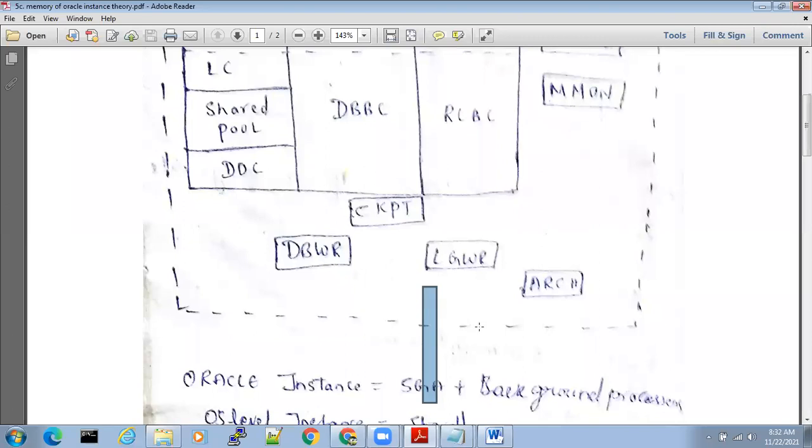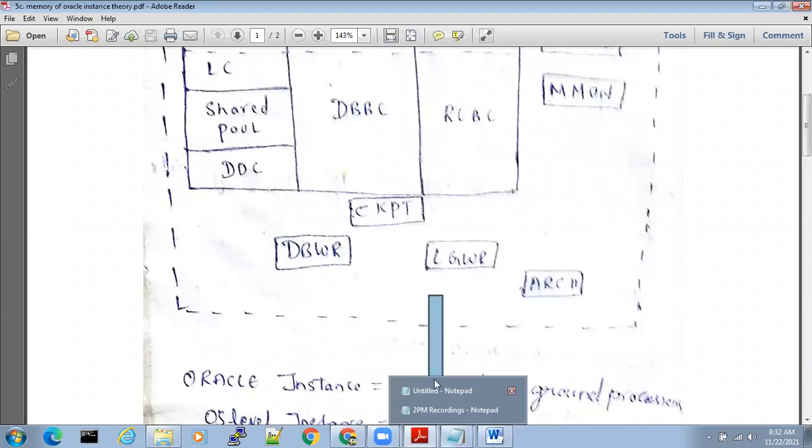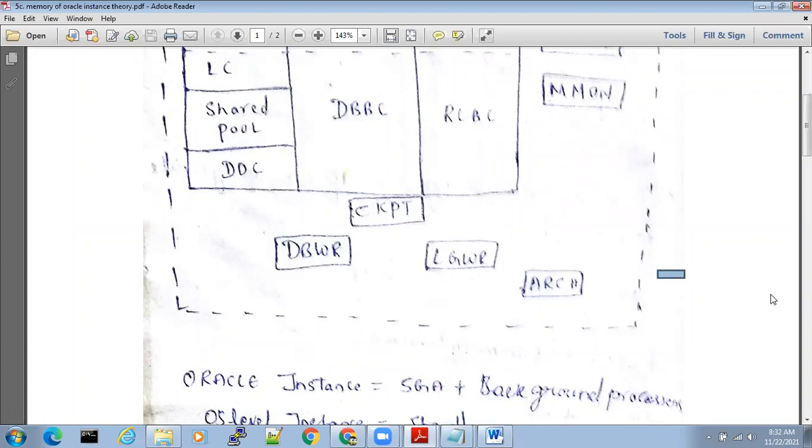In the meantime, archives are getting generated. Who will generate archives? ARCH. The ARCH background process is responsible for generating the archives. It will cut the data from redo log files and write into archives.